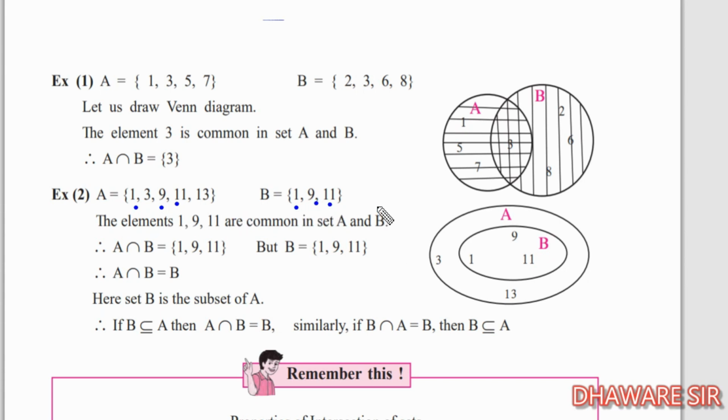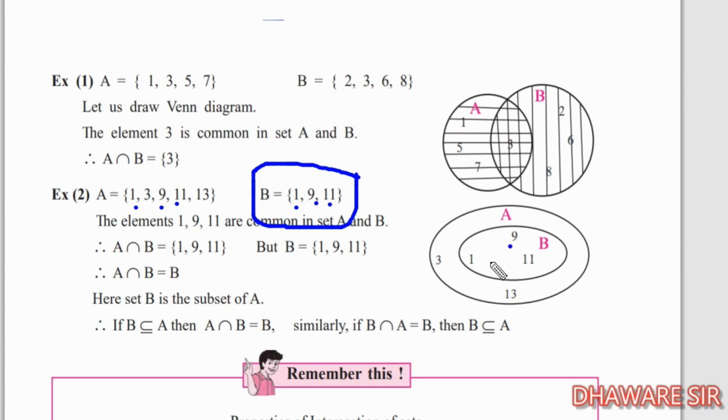What we have been seeing is that all the elements of the set B are in the set A. It means B is a subset of A. We have learned the subset. So how can we show this in the diagram? B is a subset. We can write the B in the circle of the A.